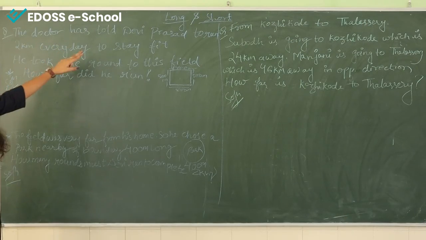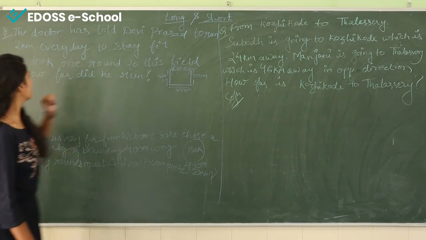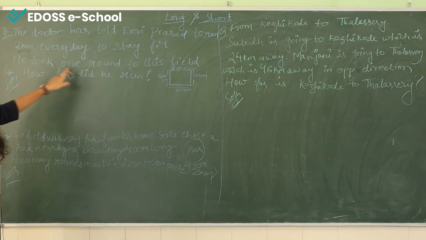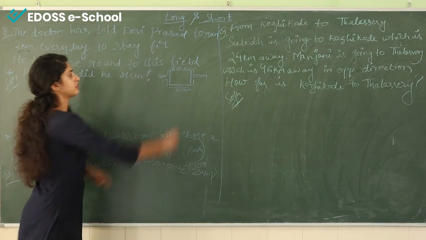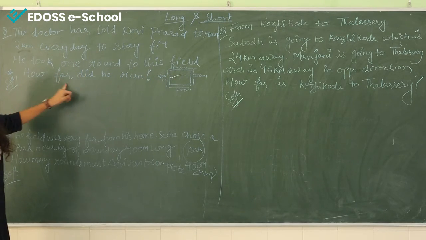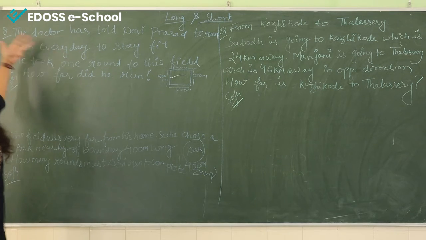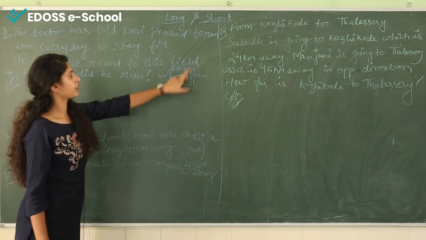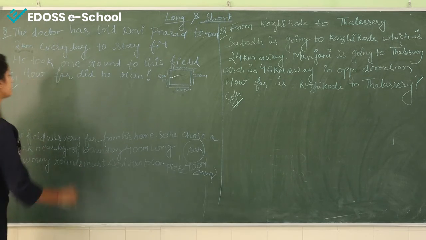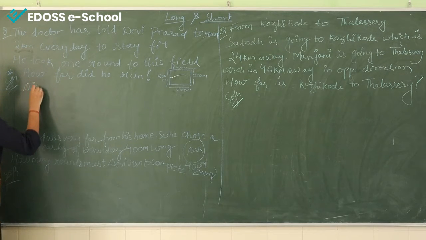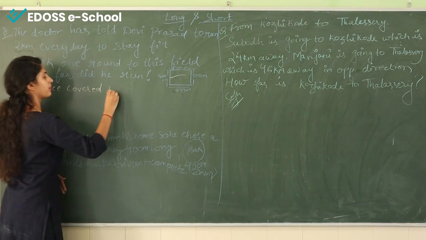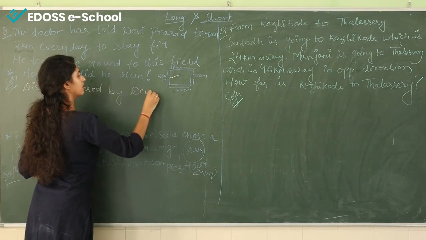The doctor has told Devi Prasad to run 2 kilometers every day to stay fit. He took one round of this field. Question is, how far did he run? So the doctor has recommended to Devi Prasad that you have to run 2 kilometers to stay fit, and Devi Prasad has taken one round of this field. So distance covered by Devi Prasad